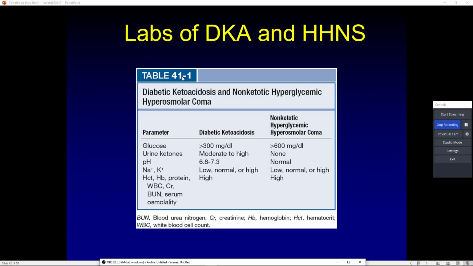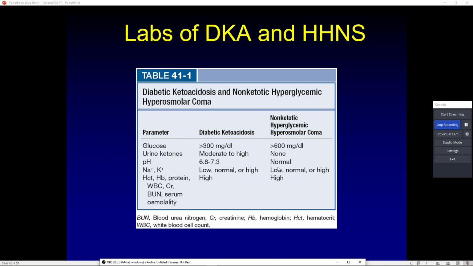So, fun facts. However, I'm going to point out, once again, type 1 diabetics get DKA. Type 2 diabetics, and I misspoke earlier, my apologies, glucose greater than 300 in DKA. I sincerely apologize. I think I said 600. 600 is consistent with HHNS, okay? And for those of you who don't remember what HHNS is, it's hyperglycemic hyperosmolar non-ketotic syndrome, okay?